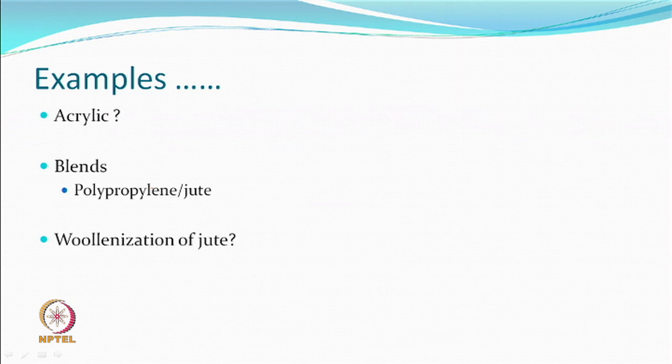On the other hand, what people have found is that if you treat jute in alkaline solutions of good strength, they shrink and crimp. And that process sometimes is known as the woolenization of jute. Like wool is a crimped fiber, a normal jute fiber for example is very straight, and by this alkaline treatment, because of shrinkage of components and swelling somewhere, it becomes a crimped kind of a thing and bulk generates. That means that this fellow can shrink in an alkaline solution, but polypropylene will not.